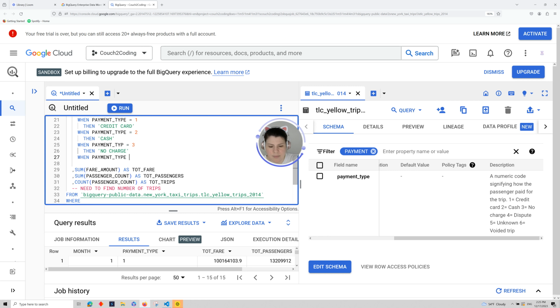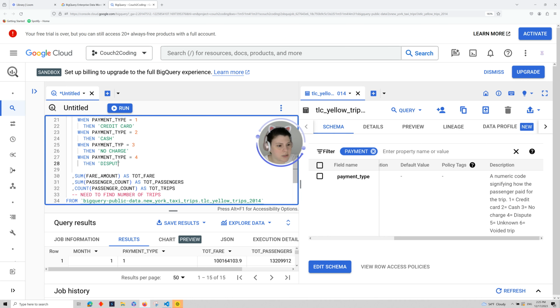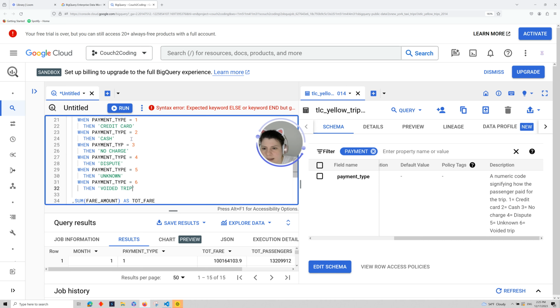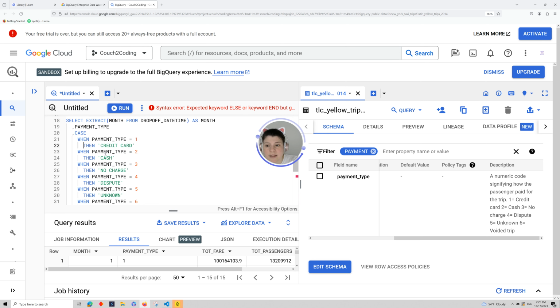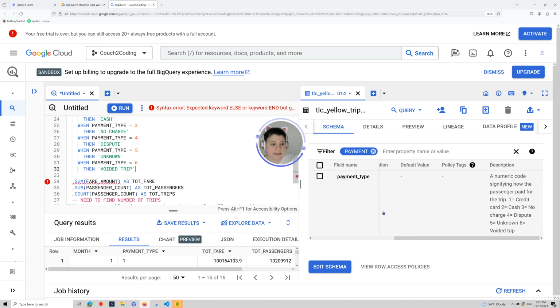When payment type equals 4, then dispute. When payment type equals 5, then unknown. When payment type equals 6, then voided trip. And I made a typo right here. Okay. And so after you've done your case, your whens, your thens, we don't need an else here because every